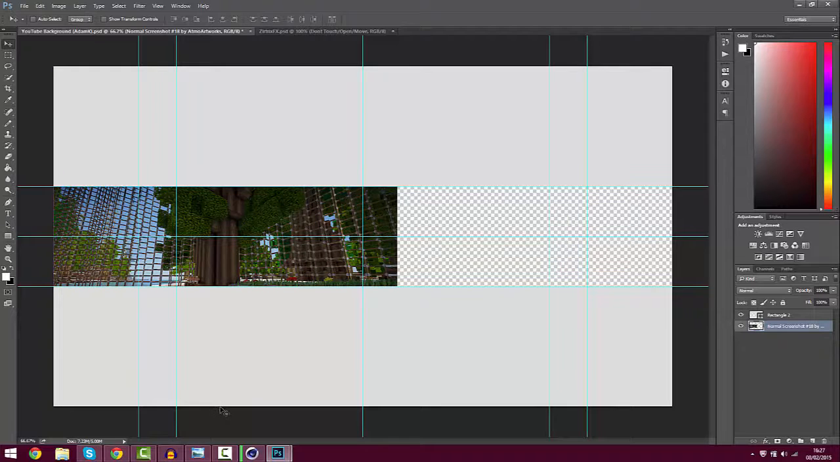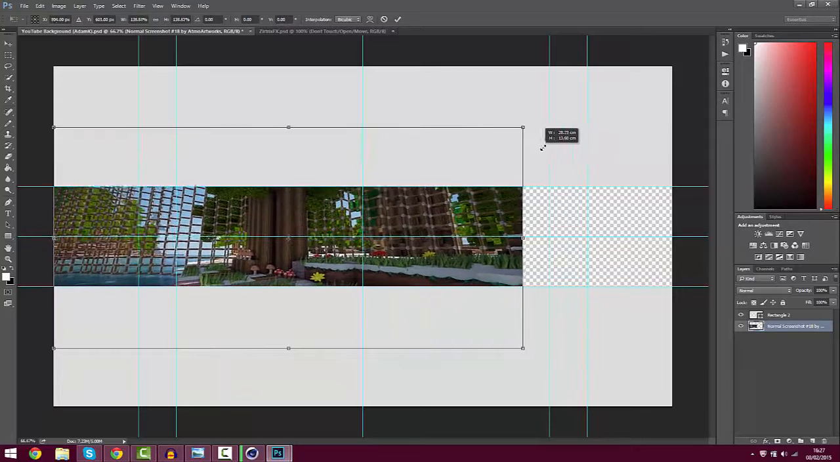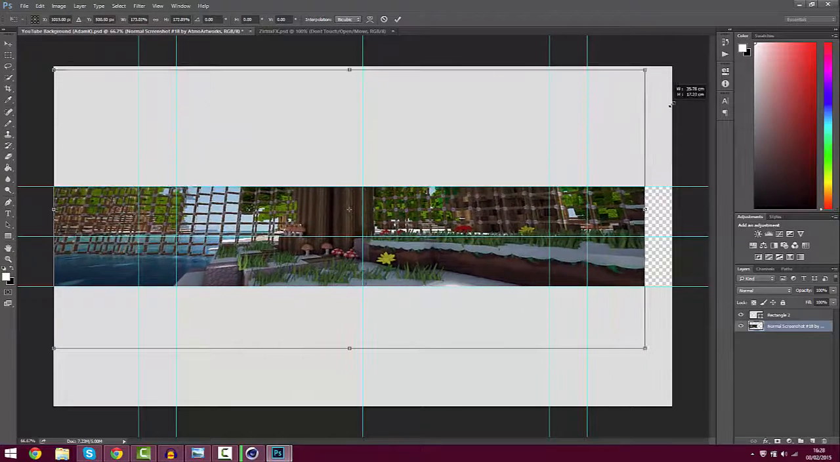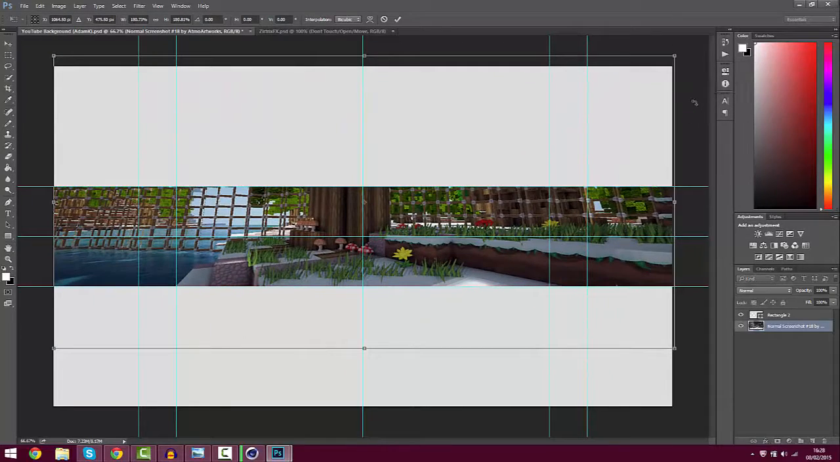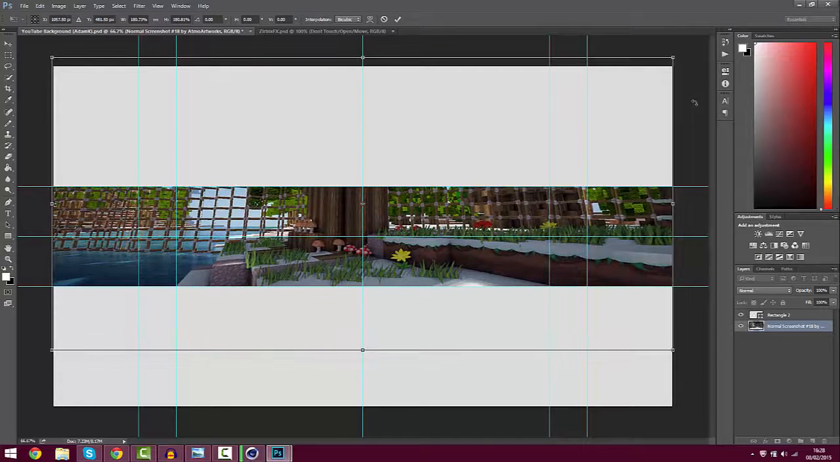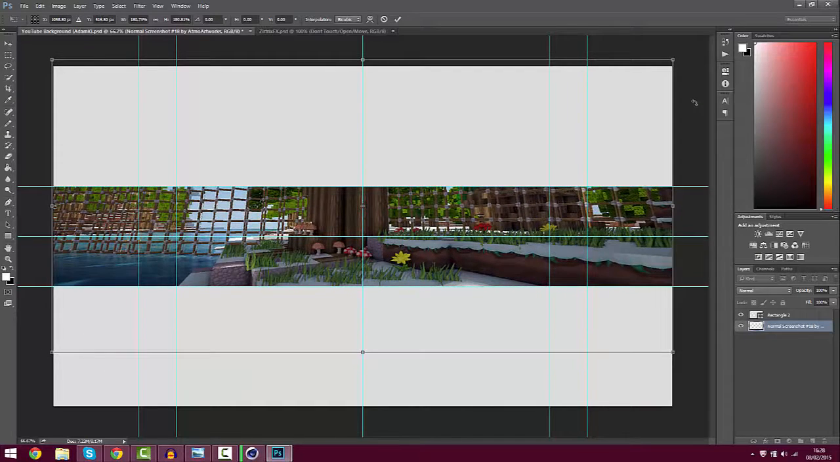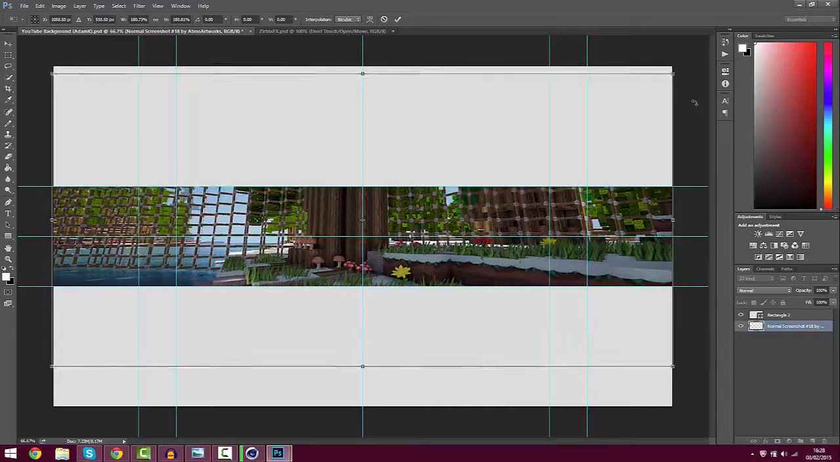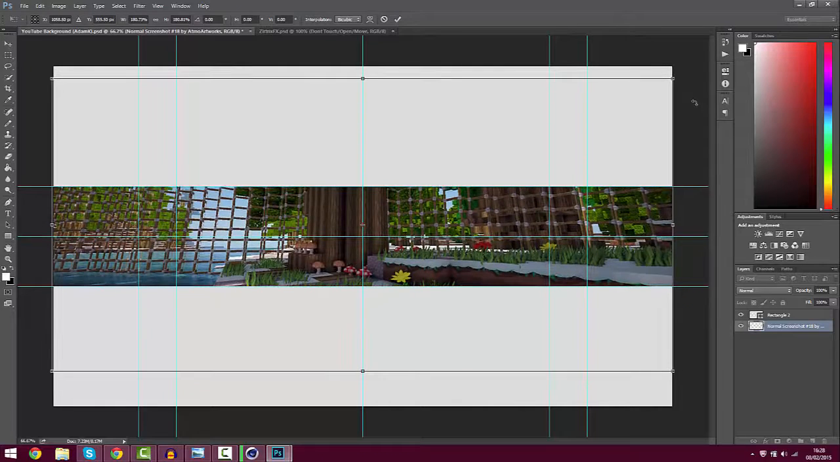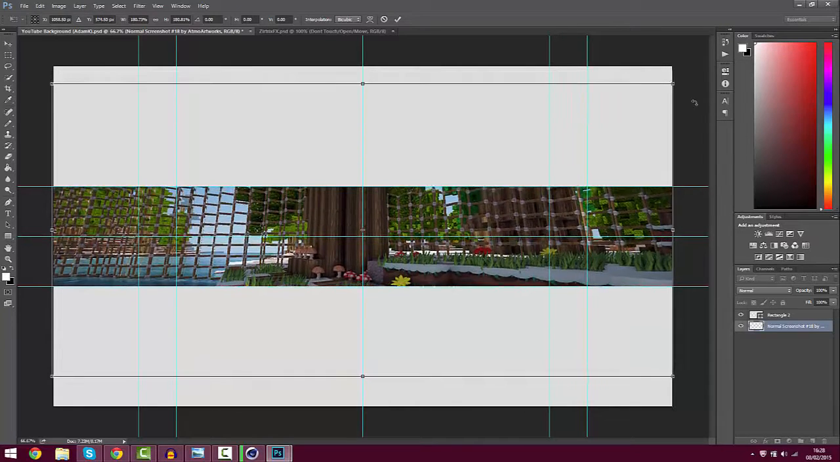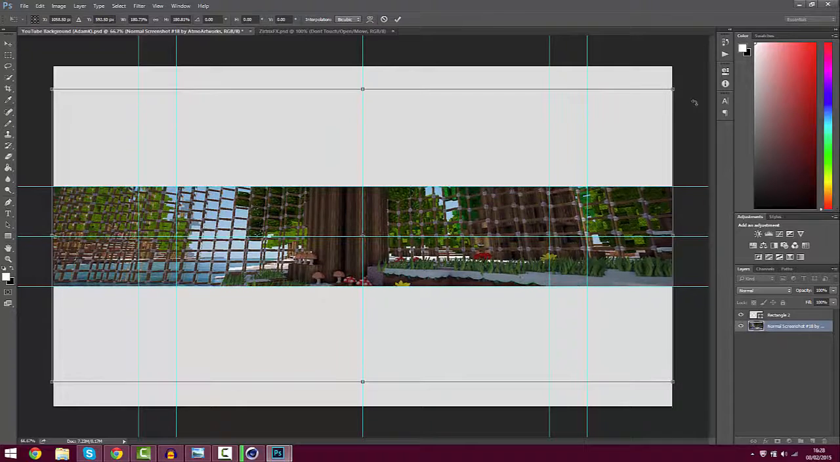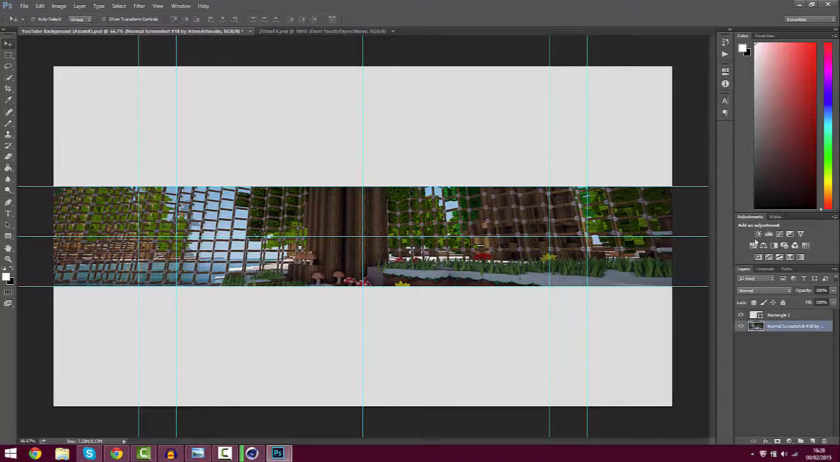I'm going to press Ctrl T, and then I'm going to hold Shift and bring this out until it fills up our banner. I'm just going to move it down using the arrow keys whilst Ctrl T is selected, and I think that's actually going to look kind of nice. So perfect. And now you're just going to want to go to hue and saturation here,